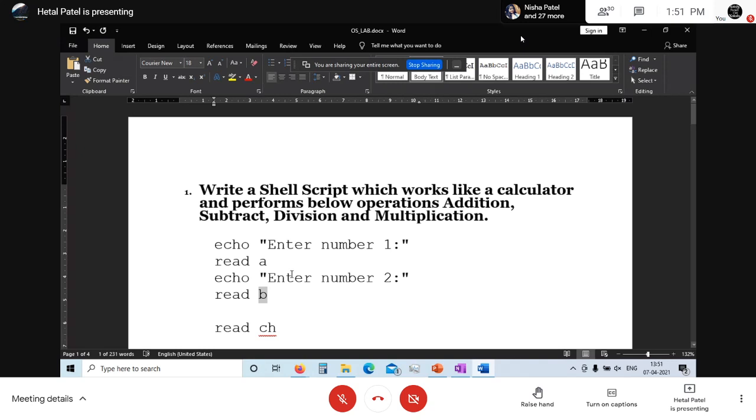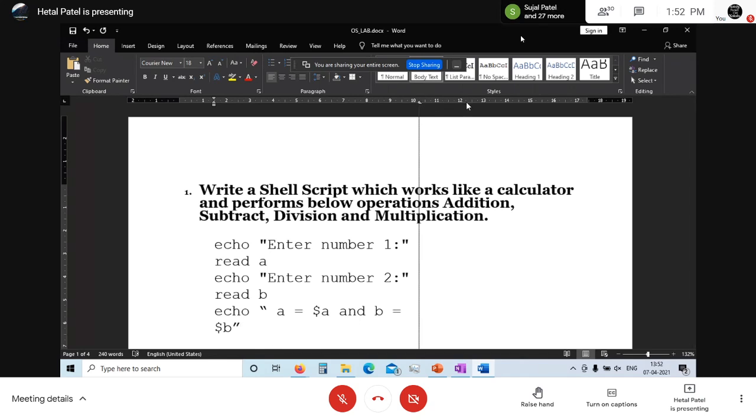As I told you last time, if you want to access the value of a variable, you must type a dollar sign before the variable. So $a, $b gives you the value. Suppose you want to print the value of these two variables, then you just write echo, and whatever you type between the double quotes will be printed as it is. And if you write a equal to $a, what is $a? That's the value we entered from the keyboard and stored inside the variable a, right? And b equal to, that is the value of b. Like that you can print the value of a and b.